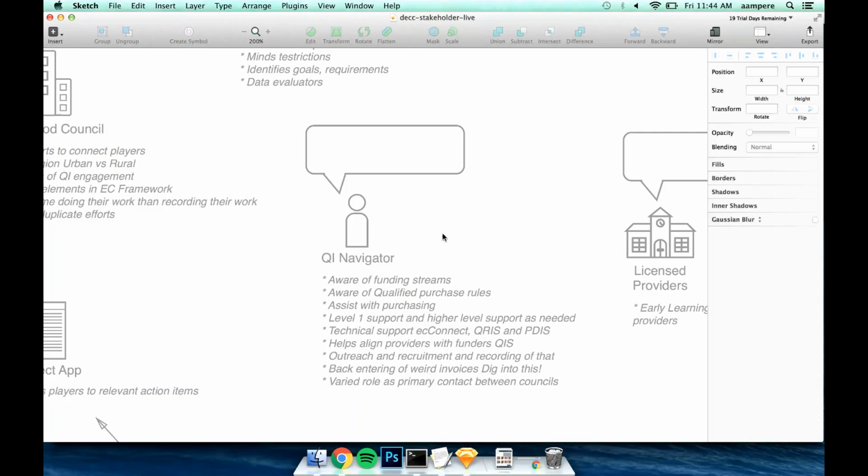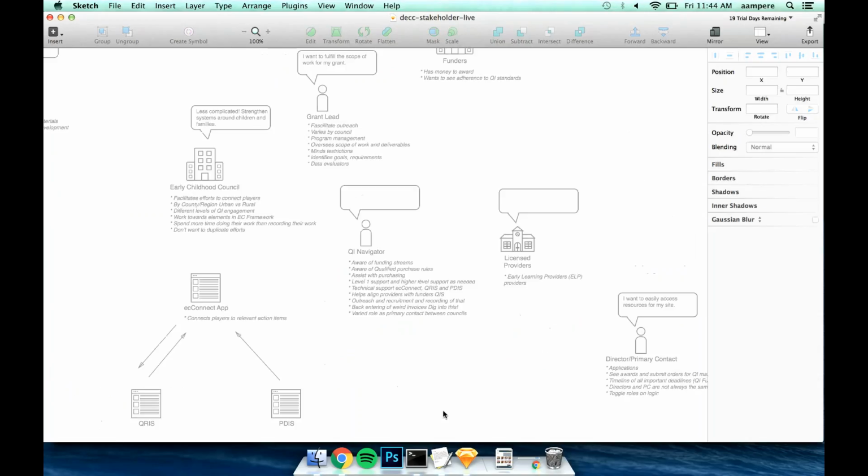Yeah, I think one thing to remember, and I didn't say this at the beginning, is that we're really trying not only to root this process and this evolution of EC Connect in the current tool, but in the ideal workflows. So even within the realm of Sugar and the other databases, we're trying to not think about things in terms of the existing workflows as much as what workflows would be ideal, because we want to shoot for that to be the outcome as much as we can.